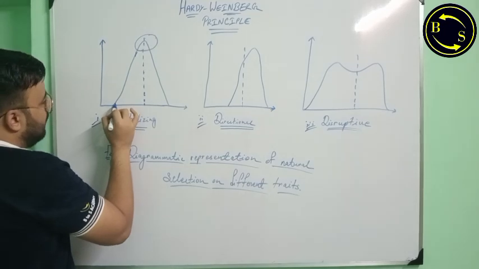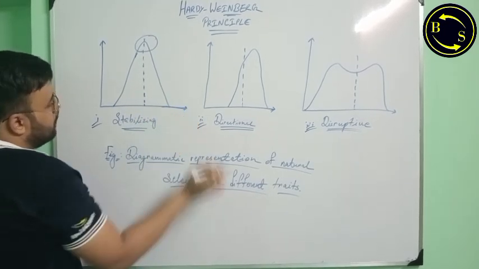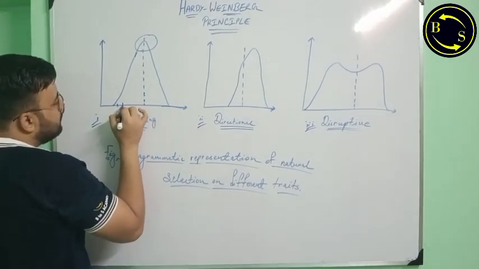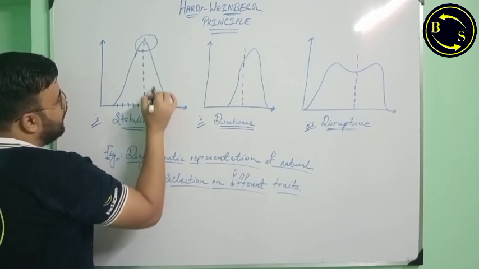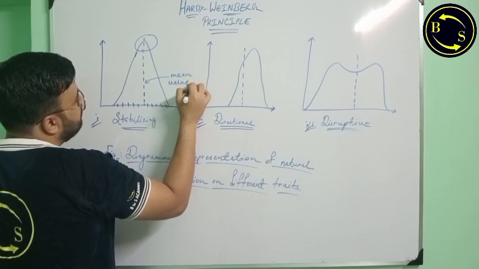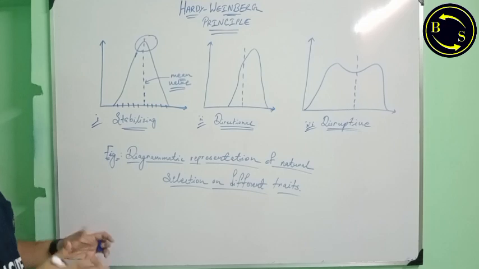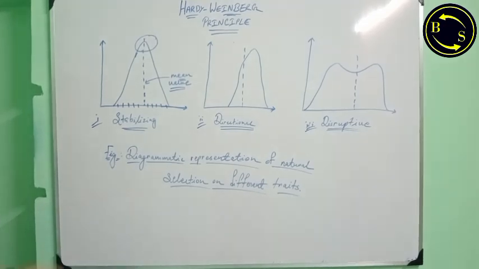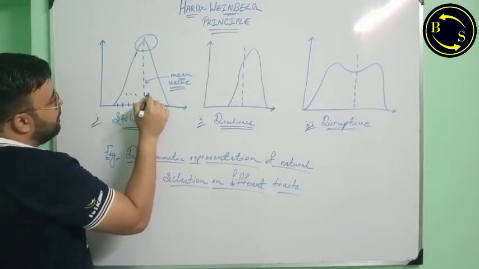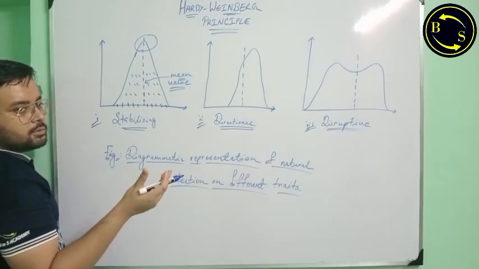The individuals of a population have different kinds of variations. The population started off with so many individuals, and this is the mean value of the characters. The mean value of the characters, that is the characters that are present in almost every individual. As we progress, you see the number of individuals are getting reduced as only a few variations are getting favored